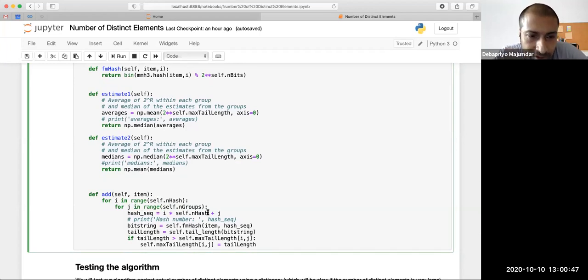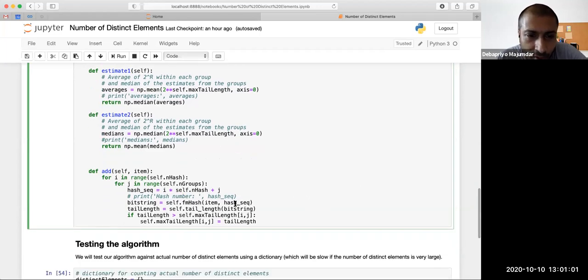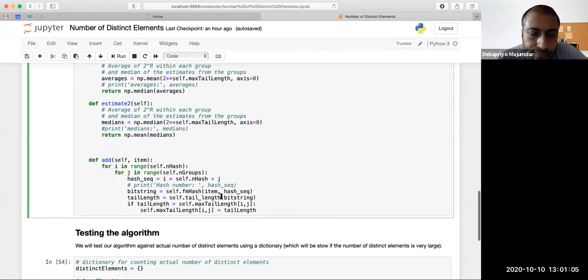You can actually do the transpose. That doesn't matter. I've just computed a hash sequence. So it should be like 1 2 3 4 5 6 7 8 9 10 11 12, or 1 2 3 4 5 6 7 8. Row wise or column wise, whatever it is, you have to go one of the ways. So I start self dot min hash plus j. Then the bit string is you hash it with the item and the hash sequence. So this is my seed.